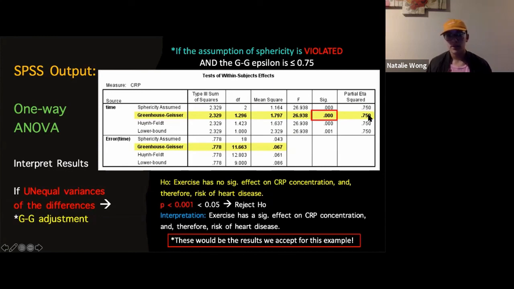We also have a partial eta squared in this, but I've been trying to read up on which effect sizes are better, and generally people don't like to use partial eta squared effect sizes for one-way ANOVAs. I'm guessing it has to do with how the calculation is done, but